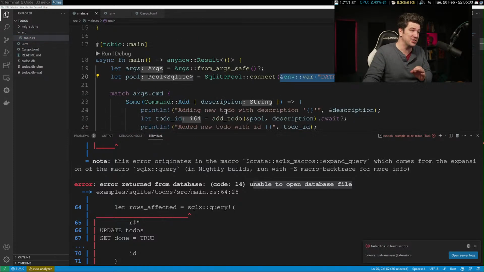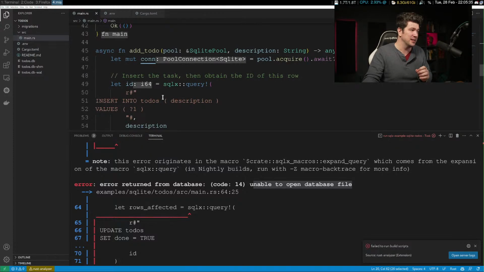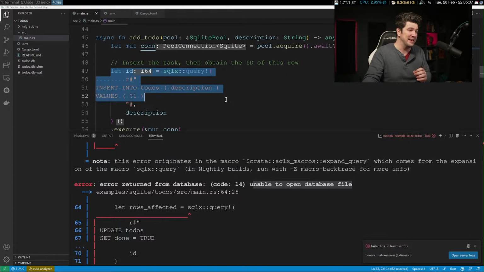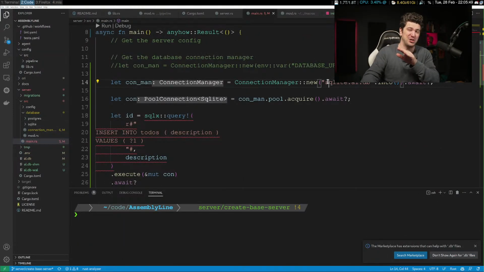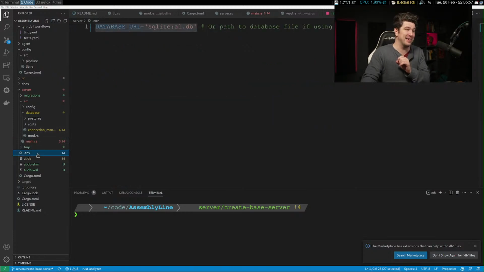The static checking done here is done by whatever's in the environment variable, not what you passed in the code running. So all of the testing that we did here by changing this didn't affect this at all. Not at all. Because it is only looking at this. That's it.